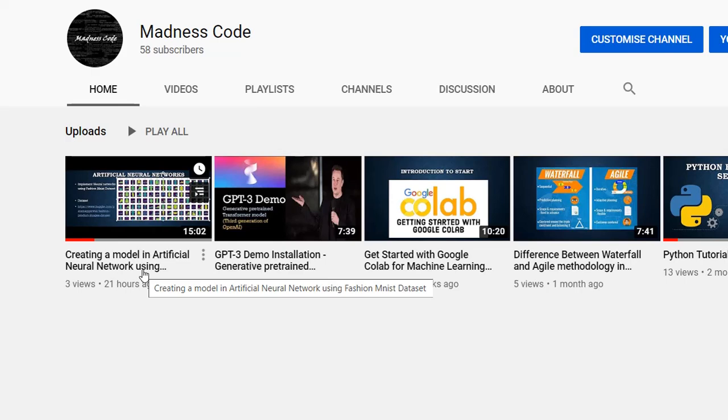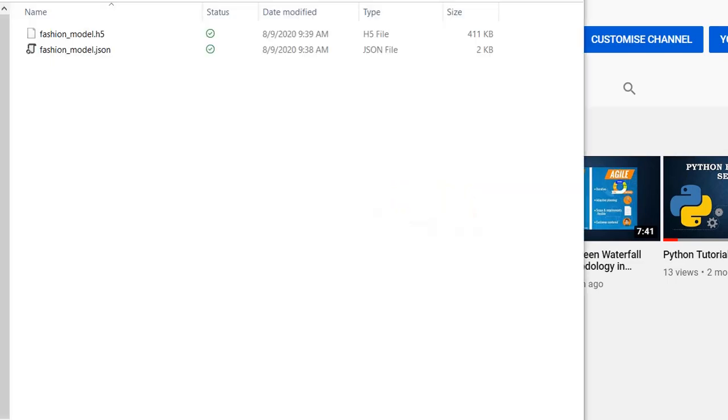Okay, let's get into the business. Let's create a Flask API using the existing model. This is the model I am talking about. I have saved this model in one of the folders. If you see here, the model has been saved in JSON format. Also, I have stored the weights in the H5 format. I am going to use this saved model to create a Flask API.